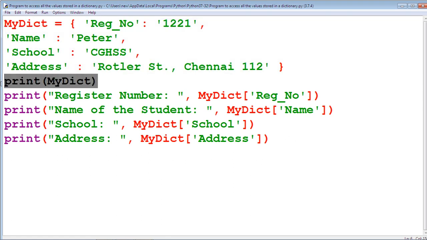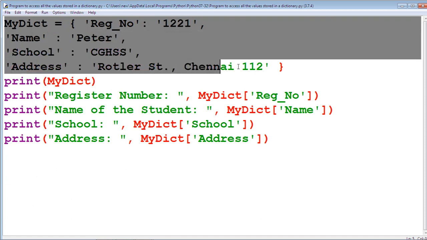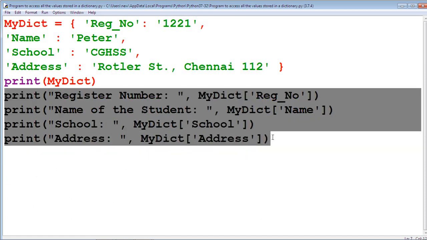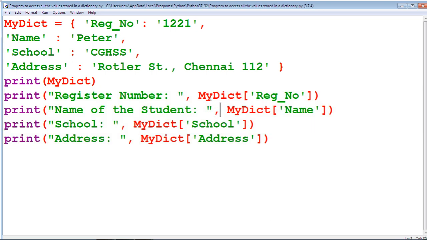Here we print mydict, the full dictionary. These four statements are used to print each element of the dictionary. Here we print register number, here the name, here the school name, and by using this statement we print the address.